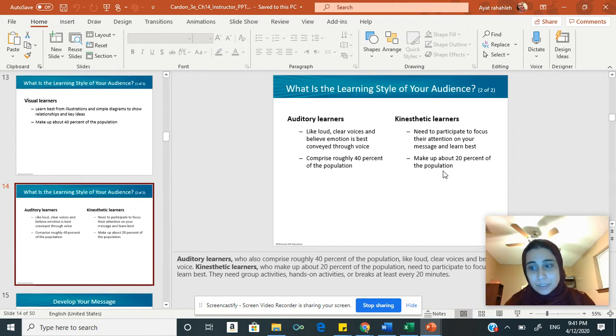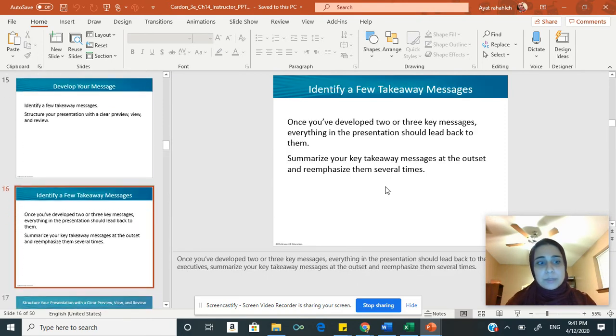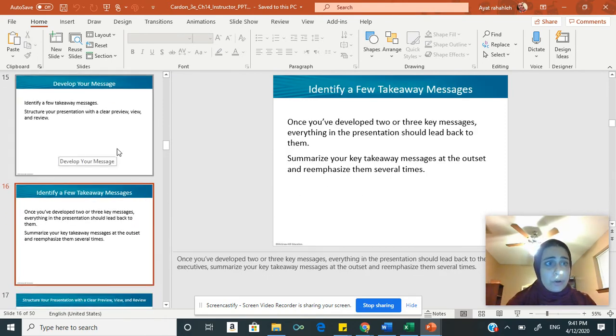Who are you presenting this to? What type of learner are they? I am a very visual person. I like listening. I don't like reading a lot. I like straight to the point. I had a lot of teachers in my life who attracted me very well. I would love listening to their lectures. They just knew how to grab me from day one. And some of them were not like that. So it's really important to know who you're talking to.